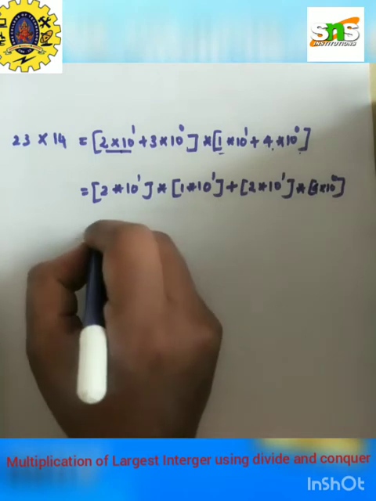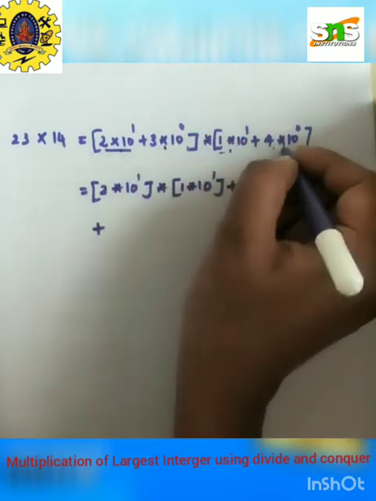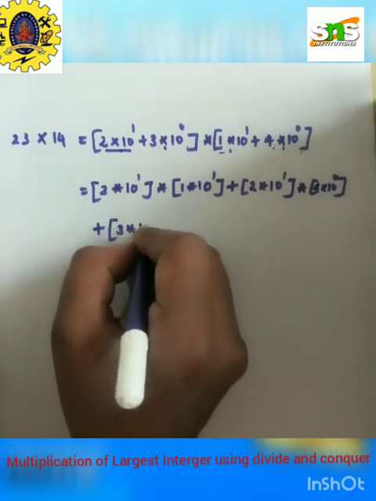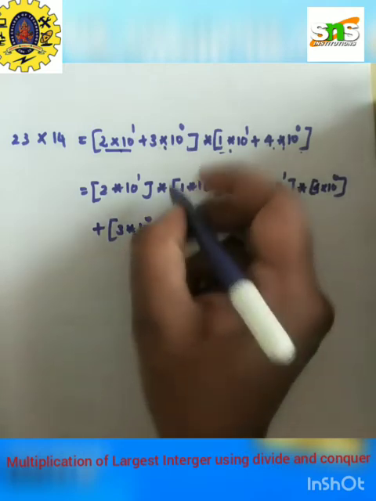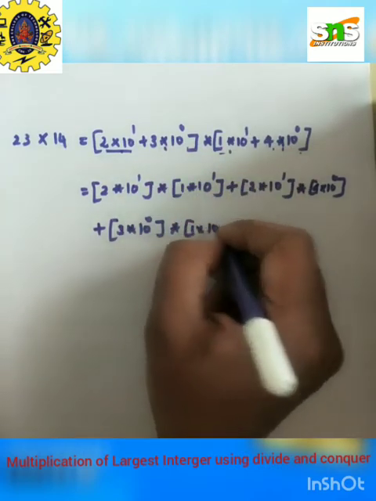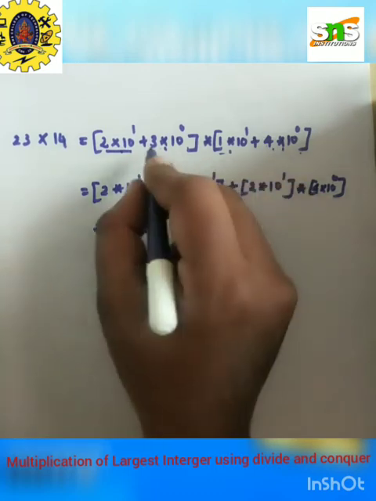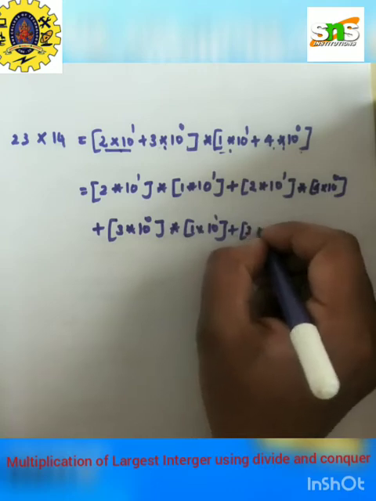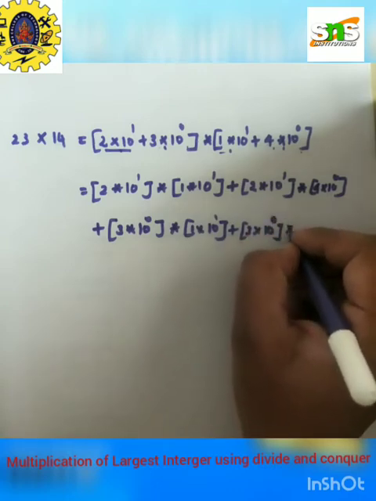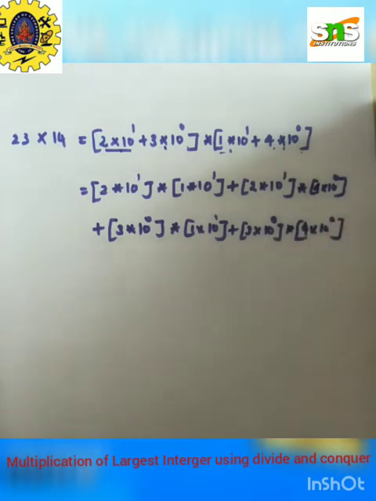Okay, plus again I start multiplying this term with this one and this term with this term. So 3 star 10 power 0 star 1 star 10 power 1, plus 3 star 10 power 0 star 4 star 10 power 0. Okay,